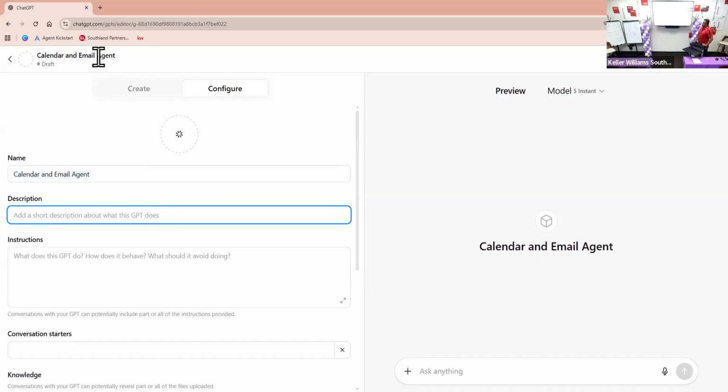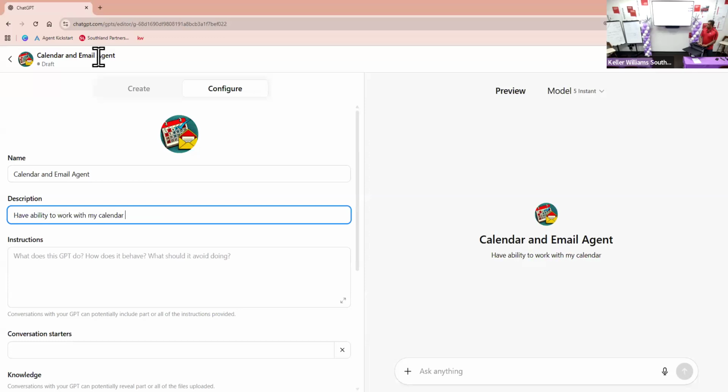So add a short description about what this GPT does. That's just so that it understands. It will have the ability to work with my calendar and email. See the little custom thing that it did right there? It just kind of creates a cute little image for you. All right, so